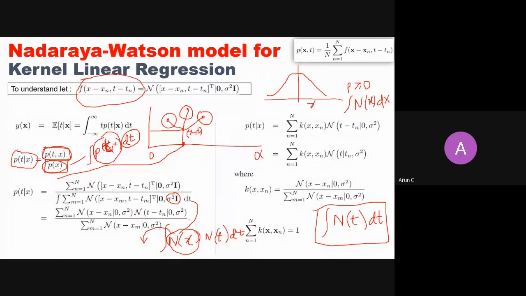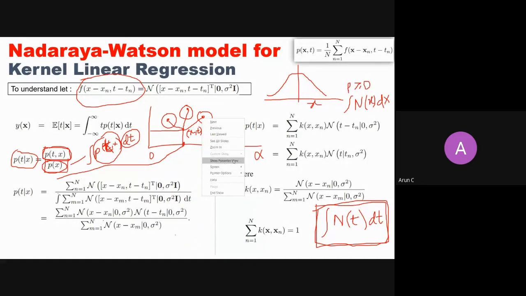Yes, if this is x, it should sum to 1. Very nice. So now this integral is saying that you take the integral over this variable t, and t is an independent distribution. So it reduces to 1, right? So you are left with only this term in the denominator, and this is a normal over x.